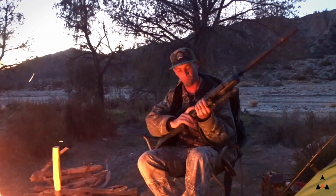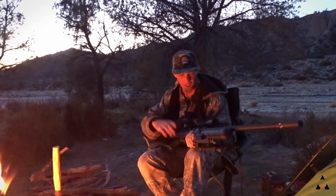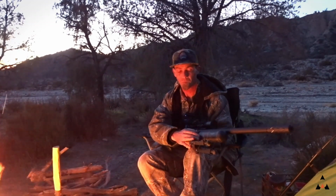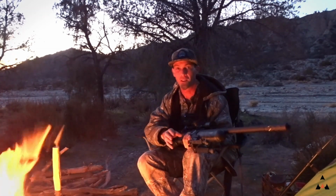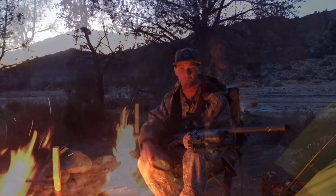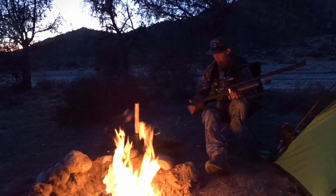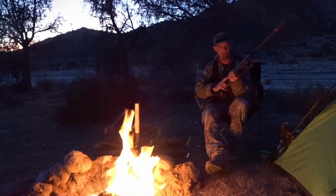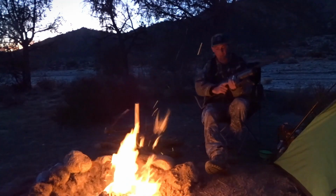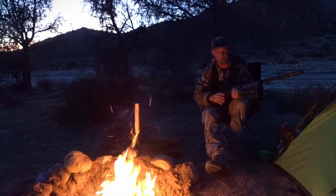But overall, I'd say this gun is great to hike with, and without the bipod, the gun is obviously a lot lighter. I use the bipod because I have to set the gun down frequently to be able to set up the cameras. The gun carries and shoulders really well. I like the ergonomics of this stock, and this is kind of a semi bullpup, and so I really like how the weight is towards the back of the rifle,